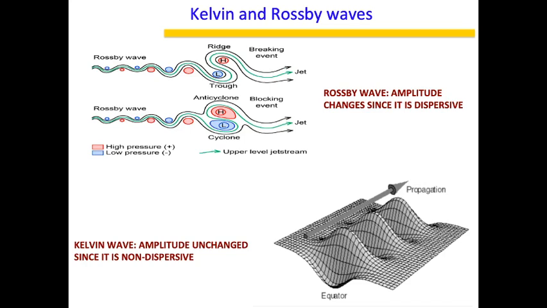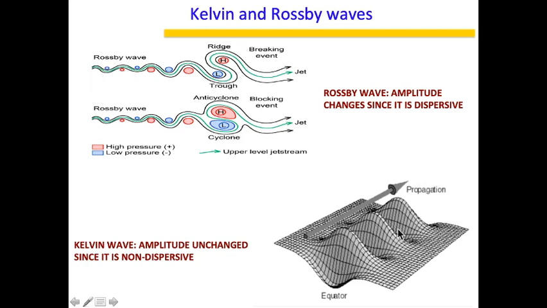Which brings us to the next slide, where I already told you that the Rossby wave is dispersive. Hence, if you want to find out on maps whether it's a Rossby wave or a Kelvin wave, you just need to look at the amplitudes. The wavelengths will be longer and the frequency will be lower, in the sense that they will not be repeating frequently in space and time. The other thing is that they will be amplifying because they are dispersive. This is the most important part. If you see such an amplification, it means it's a Rossby wave.